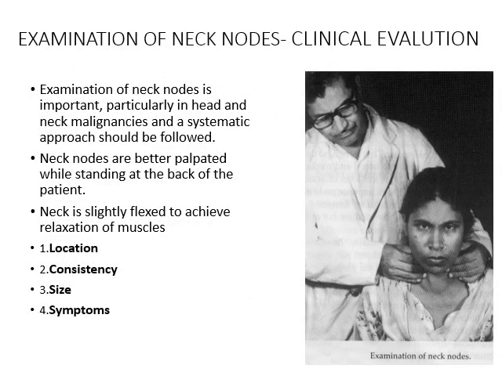Now this is the examination of the neck nodes. You can see the clinician is standing posterior to the patient, and while you examine the patient should be relaxed so that he does not tighten his muscles, because we just discussed that the internal jugular vein is located deep to the sternocleidomastoid. So if sternocleidomastoid is taut, you cannot examine the deep cervical group of lymph nodes. So it has to be relaxed. So your neck is slightly flexed to achieve the relaxation of the muscles,